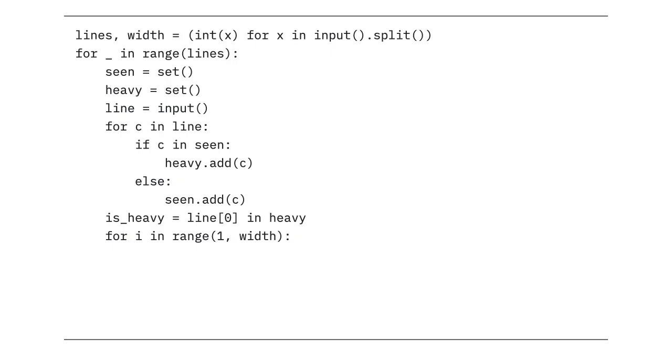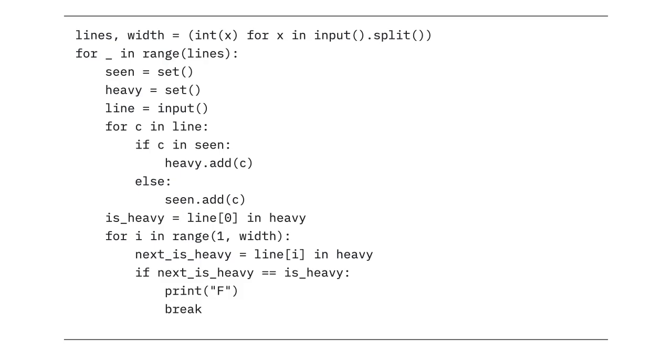We then start looking at the rest of the characters, in other words, the characters starting at position 1. The problem description actually asserts that the strings are at least of length 2, so we don't need to worry about index 1 being out of bounds. Here we save whether the character we are looking at next is considered heavy into a Boolean variable nextIsHeavy. If its heaviness, so to speak, is the same as that of the previous character,